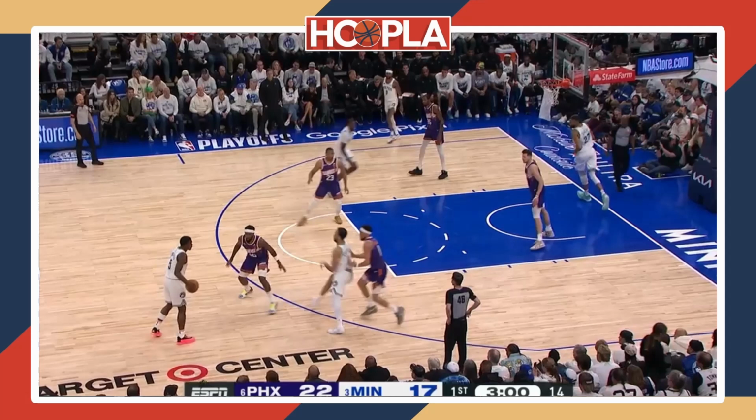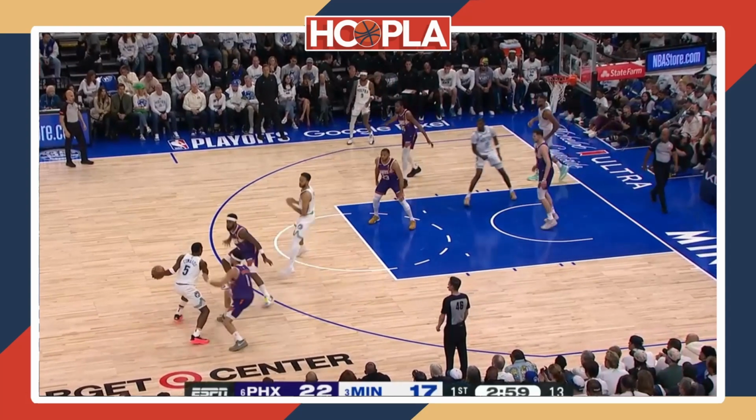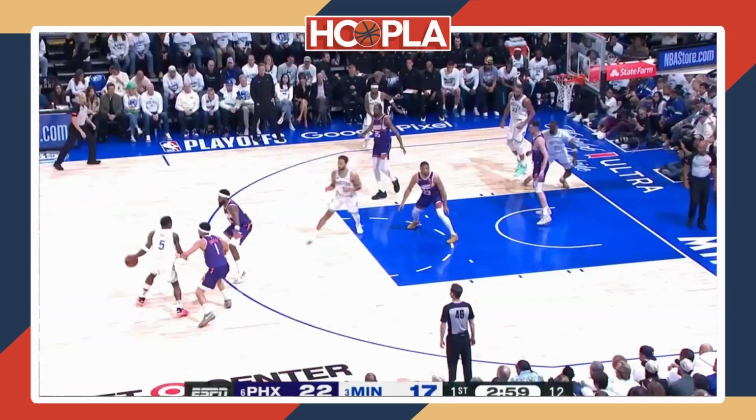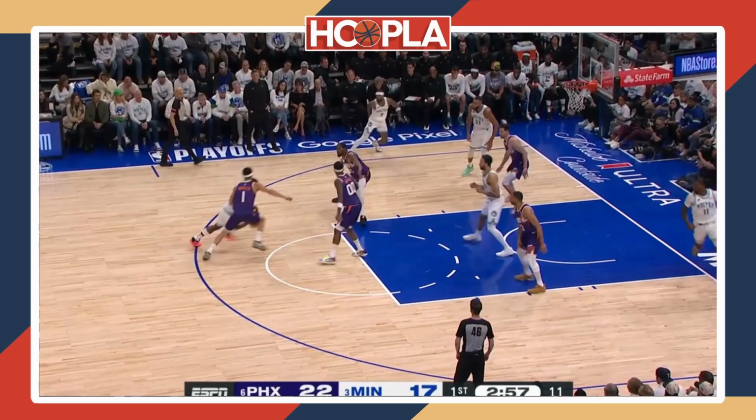So again, we have another ghost screen with Kyle Anderson this time, and we're going to see that Booker is going to run to the double team, and you're going to have Bradley Beal and Booker sitting here waiting on him to trap him and try to get the ball out of his hands. So when that happens, here comes the double. Ant escapes to his left, drives to the left, and there's a situation where there's 3 defenders guarding him.